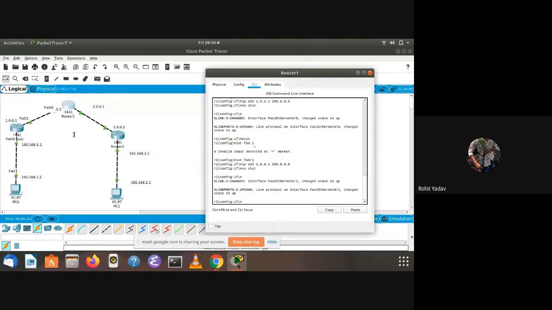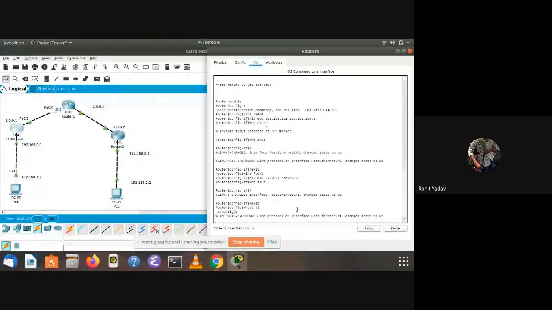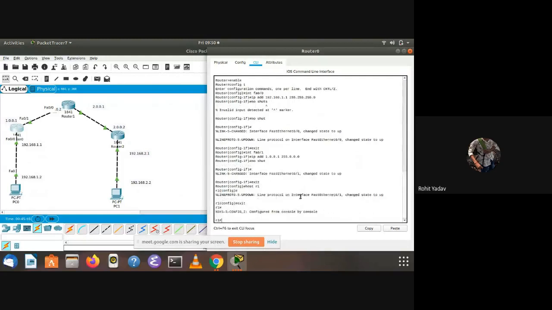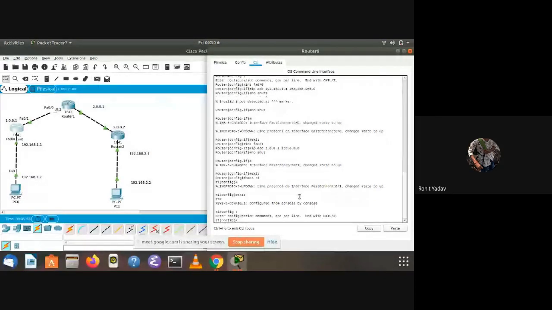Now we will do routing from this to this. So how are we going to do this? Let's see. One second, we will exit. We will go into config mode and use ip route. I'm routing from this router to this one.